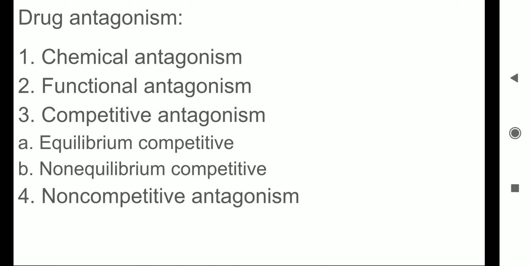So this is about the equilibrium antagonist. Let's study non-equilibrium antagonism. As I told you earlier, non-equilibrium antagonism happens because of the covalent bond that is formed, and it does not depend on the concentration of the drug that is there. So let's study it with the example of a graph.